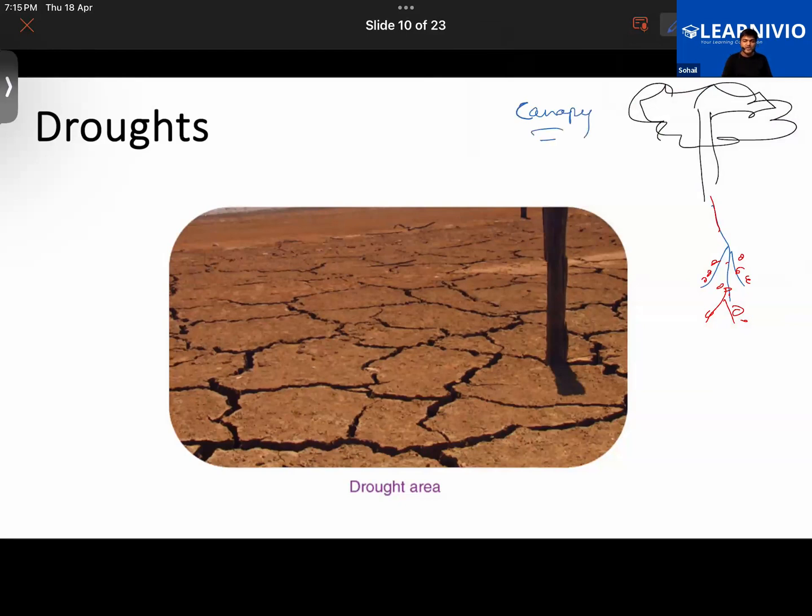When you go to a very dense forest in which tall trees are found, there's a stratification in the layering of trees. Shorter trees, medium-sized trees, and taller trees are found in a forest. You won't be able to see the sunlight, because the dense branches of the trees form a roof-like structure in the forest. That is called the canopy.